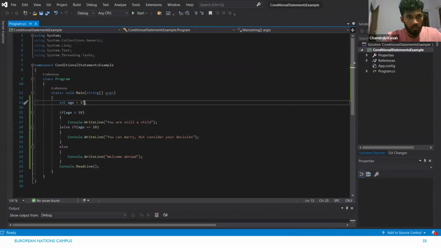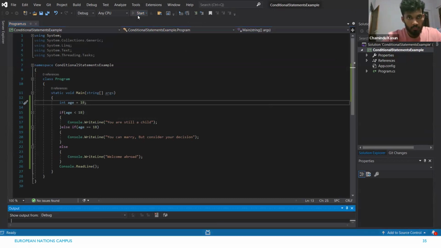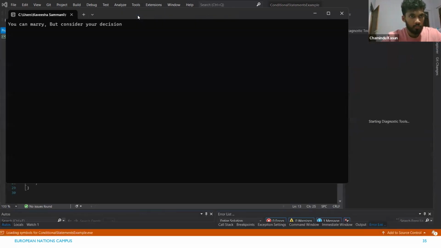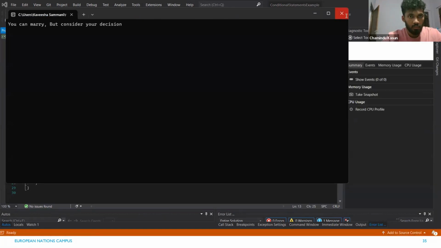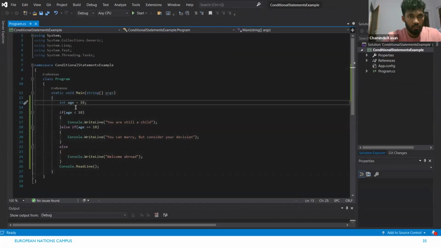Let's make his age exactly 18. So you can see, based on this value,